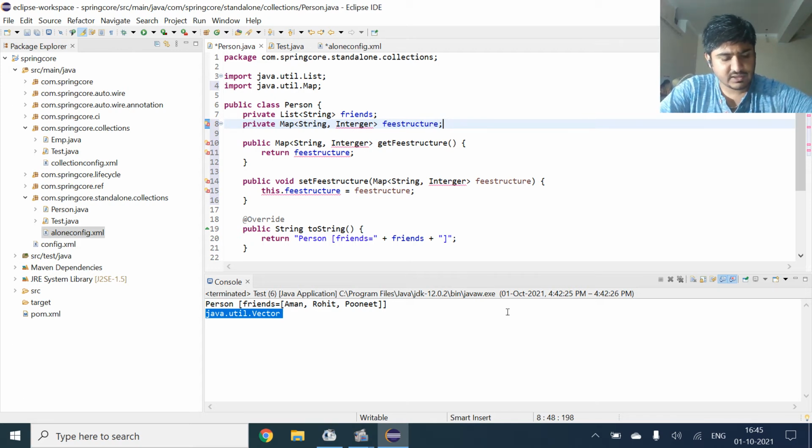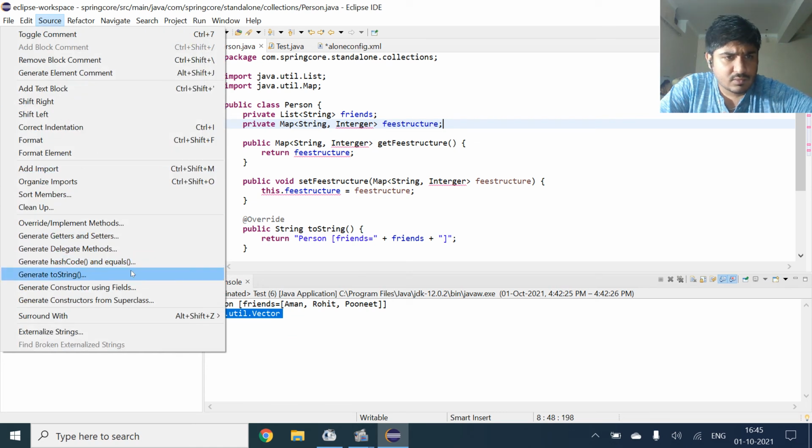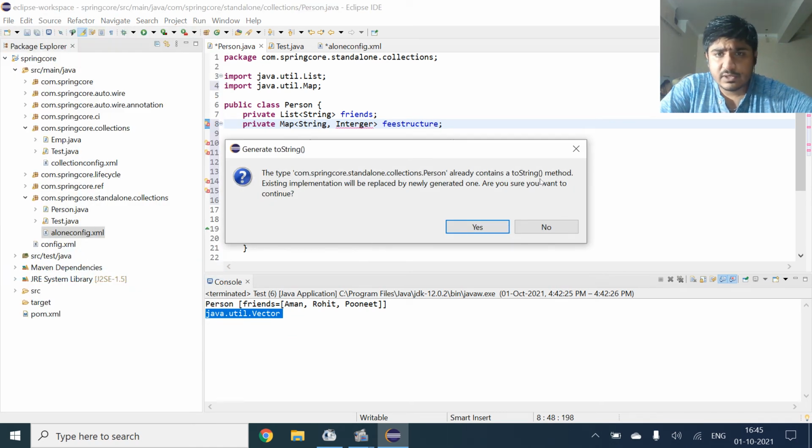And now I will generate the toString method also. It's already generated, I guess.